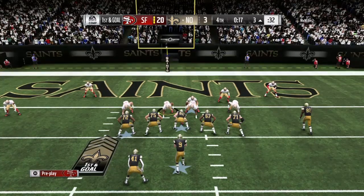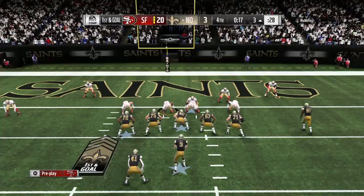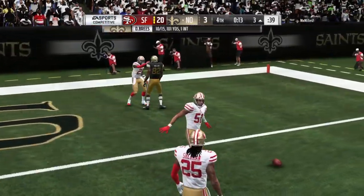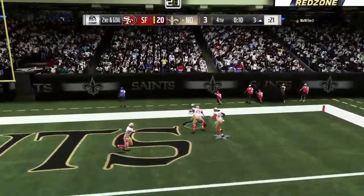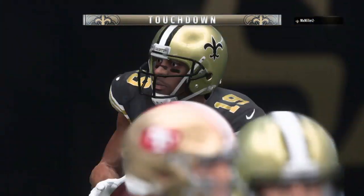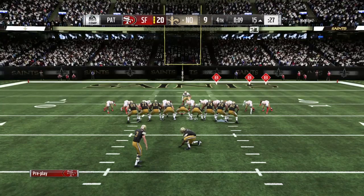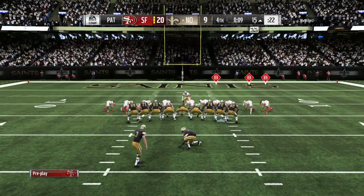Working from the gun, it's Breeze. And that will be incomplete with a clock test. The lone receiver left. Now Breeze. And he's got him. It's caught in the end zone. Touchdown. And he's a little bit on the shorter side as a receiver. Maybe sometimes for the defense, tough to find the little guys, right? Yeah, sometimes they get lost in the traffic, but usually what it means is that rather than just winning with height or even...